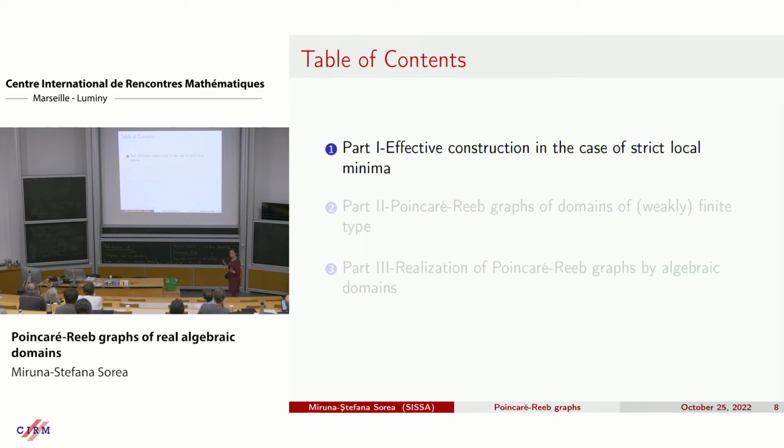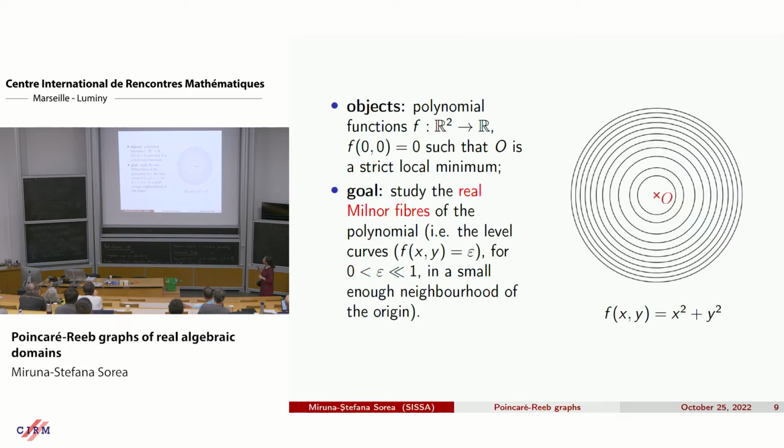So let's start with the first part. This is the context with strict local minima. If we consider bivariate polynomial functions with the property that they vanish at the origin, and they have a strict local minimum at this point,